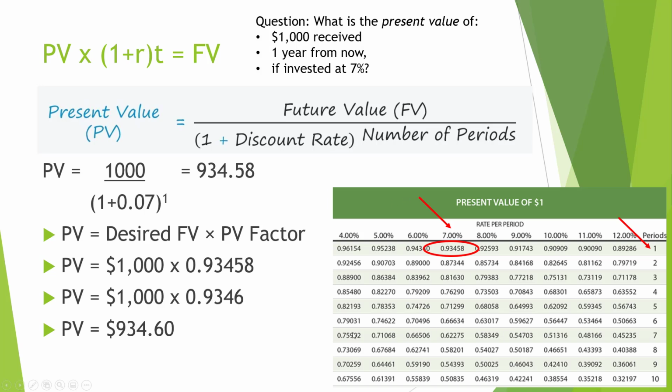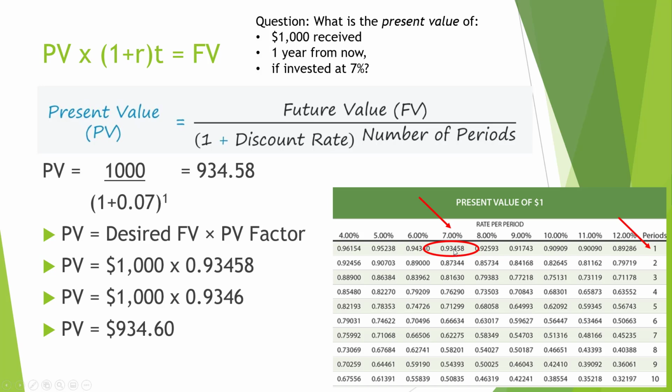Now, another way to do this calculation is to use a table. So I've got a table here on the right, and in this table, it'll give us our present value factors for that lump sum we're working with. So you'll take the 7%, you'll look for the column that has the 7%, and you see that right here. And again, depending on the setup of the table, sometimes the periods is on the right side or the left side, so just look at the side. You can see here the periods of how many years. We're working with 1 year, so I'm going to use this 1 year row and look down the 7% column, and my present value factor is